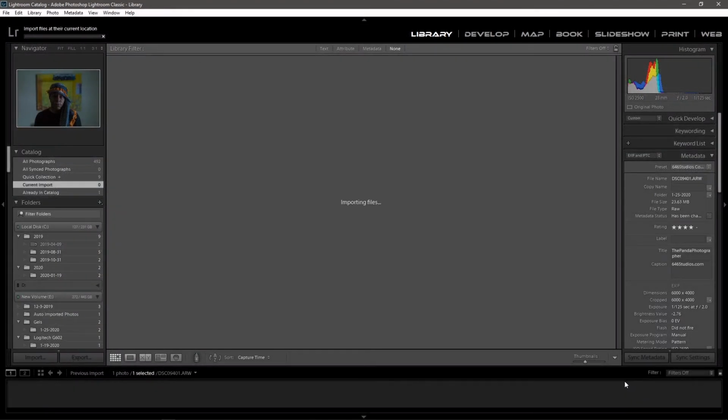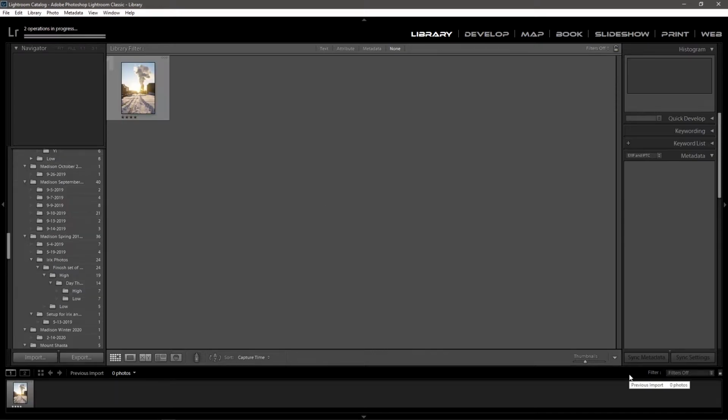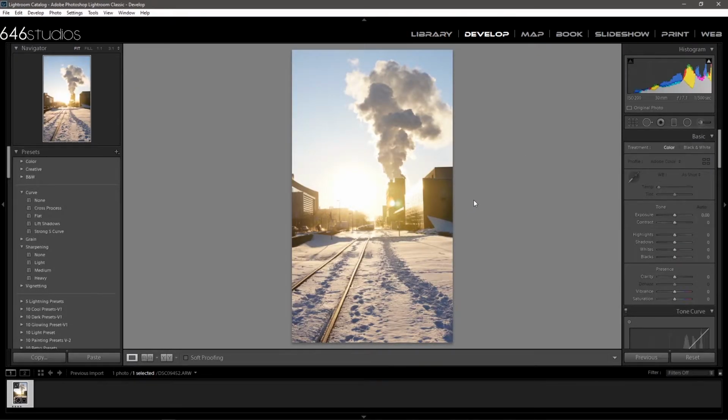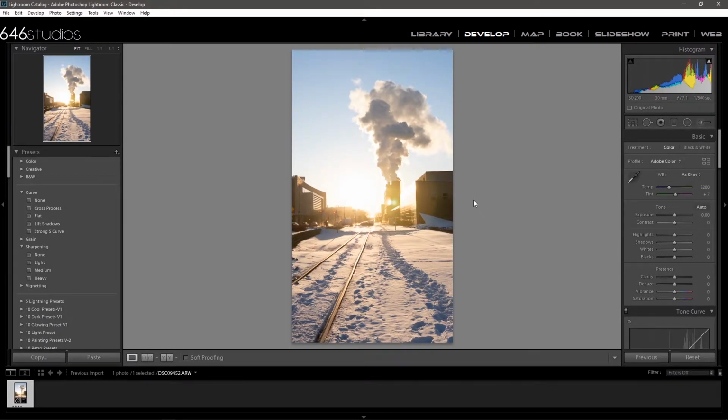We're gonna import this right now, and we are going to get some results. So now all my metadata is on the image. But yep, f7.1, shutter speed at 1/500 of a second, 30 mil, ISO 200. No ND filter was used, but accidentally for some reason my camera malfunctions sometimes,